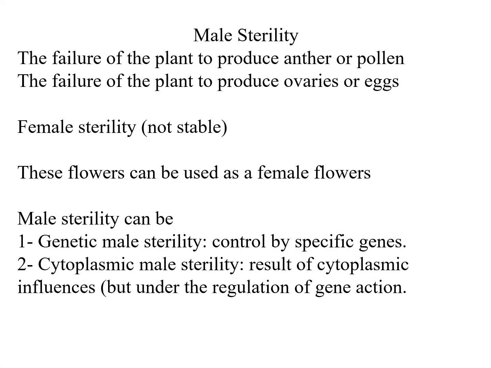The second part of this chapter is talking about sterility in general and specifically on male sterility. Sterility in general means that the plant is not producing a fertile pollen or anther. And it is different than incompatibility, where we have a normal pollen, anther and ovule, but it is not setting seeds. While here, no, there is